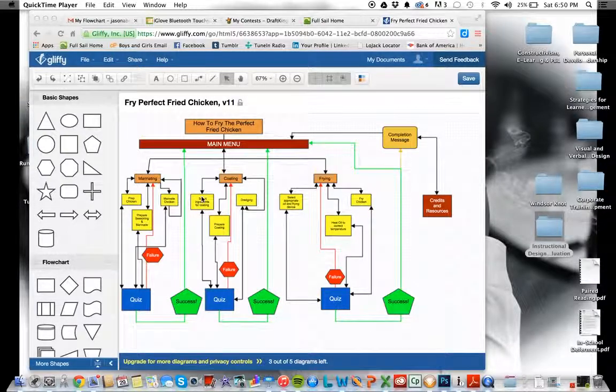And that is my one other thing is, after they finish their completion message, they will have two choices. They can go to the credits and resources, which are at the end of the project, or they can go back to the main menu, which would, of course, list the three main topics that are covered in the entire tutorial. I also want to add a back button for this last screen, because often when I use a program,